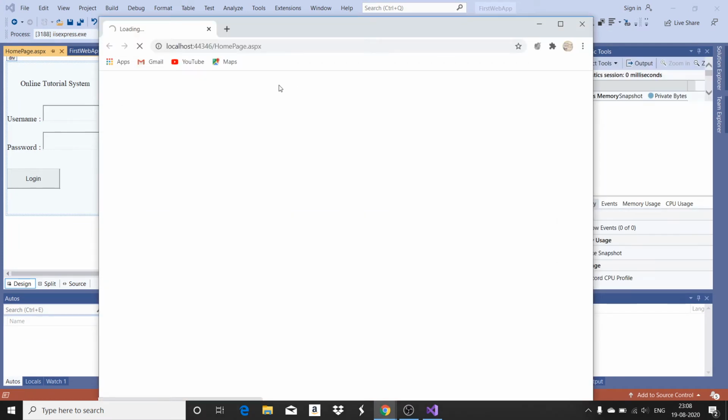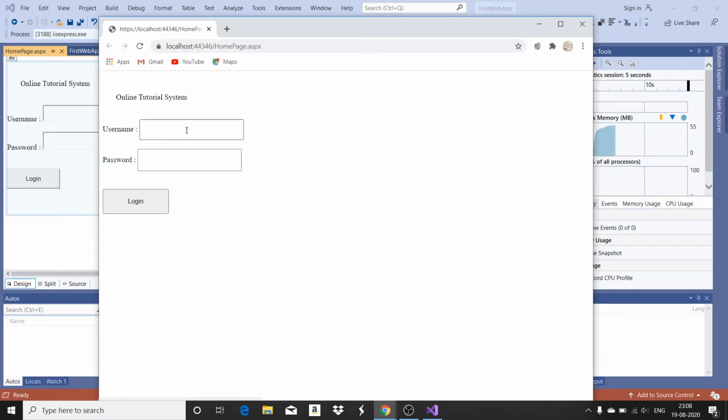I run the application, and it opens in the Google Chrome browser. You can start typing the username and the password. Oh my god, the password is shown. Usually when you type a password, you want it as dots or stars, right? But here it is showing the characters. So let us see how to resolve it. And not only that, when I click login, it is not responding because I have not added any code for the button click event. Okay, so let me close it.